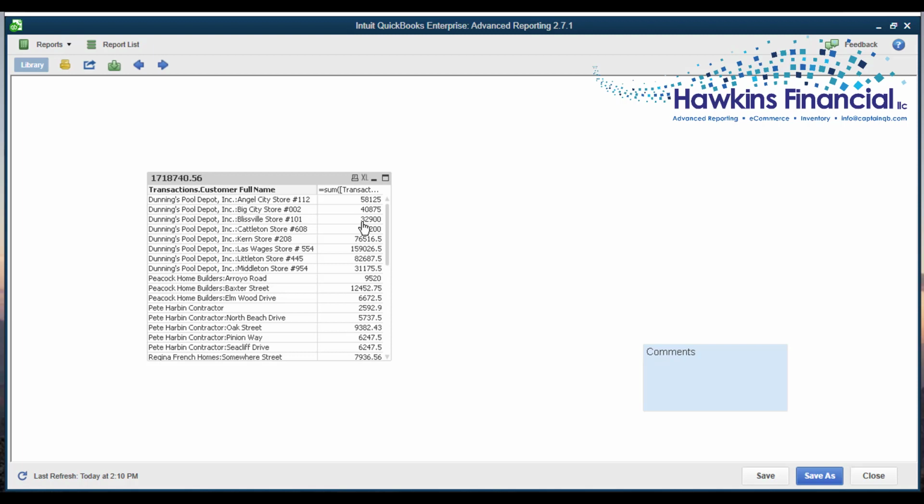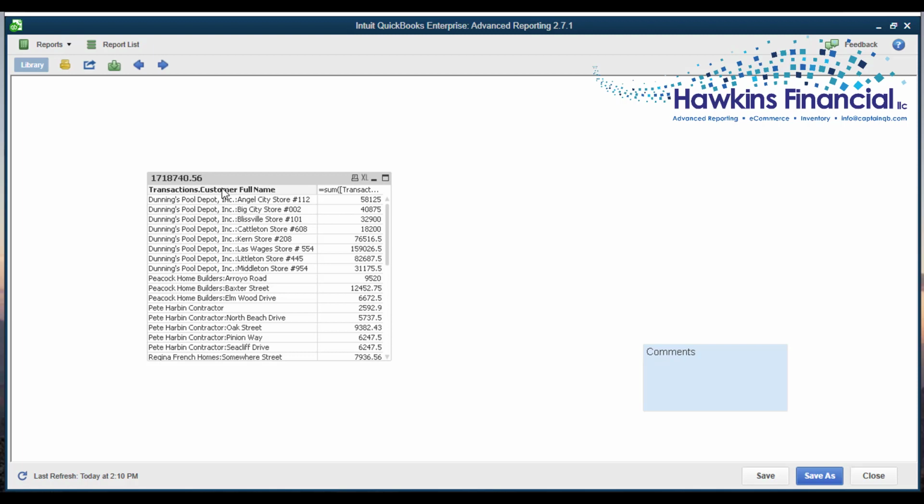At this point, though, it's actually not really telling us much of anything because that's transactions amount with sign on nearly every transaction. So that could be an amount from an estimate, which we wouldn't want to show up if we were trying to calculate actual income from a customer, or it might be an expense transaction that's tagged to this customer. So we're going to make this into an income by customer report, and we do that